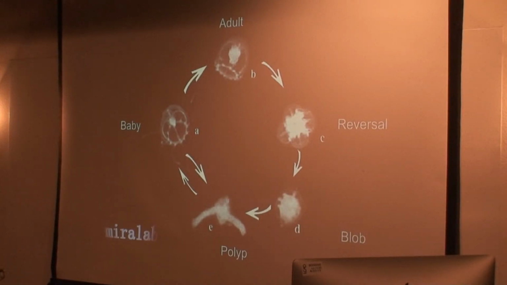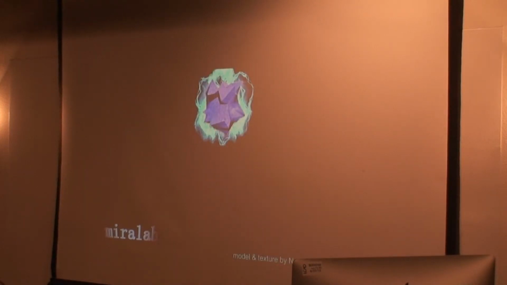A big part of the art is going to be communicating that change, because over the course of the life cycle, the sensory organs and the capabilities of the organism change dramatically. Jellyfish don't have eyes, so they can't actually see, but we're representing this by, when you're in the pupal state, the blob form, you can't really see anything. Your primary goal at that time is to make it to an evolve phase.